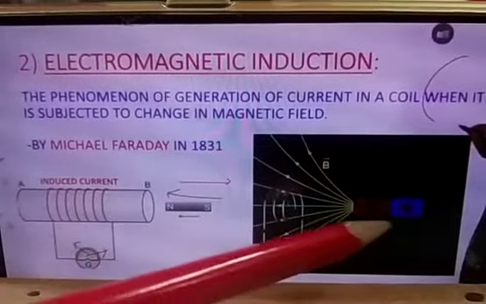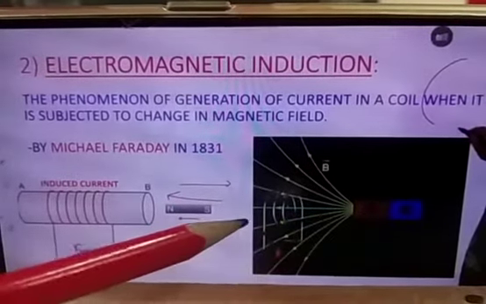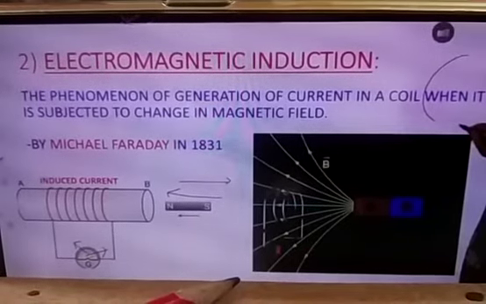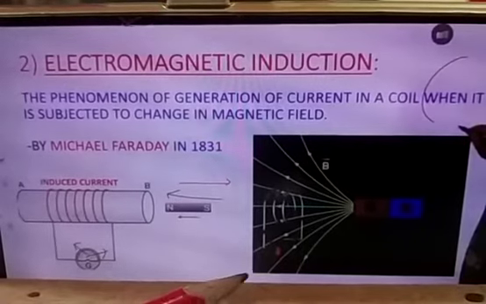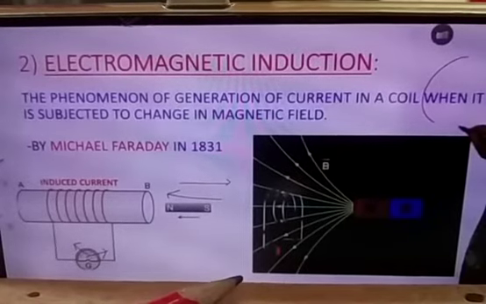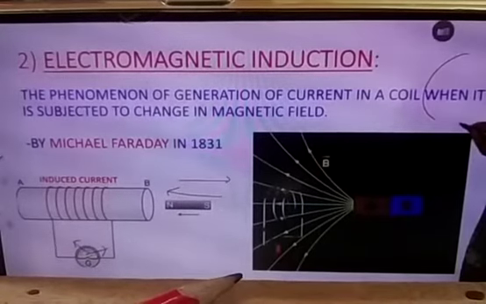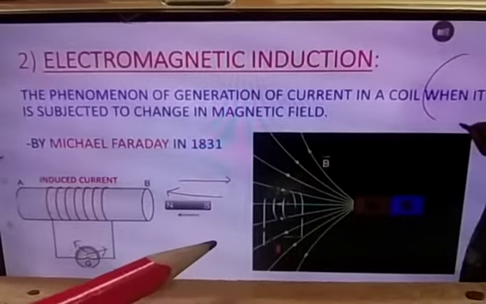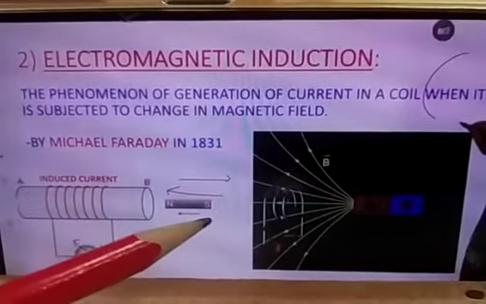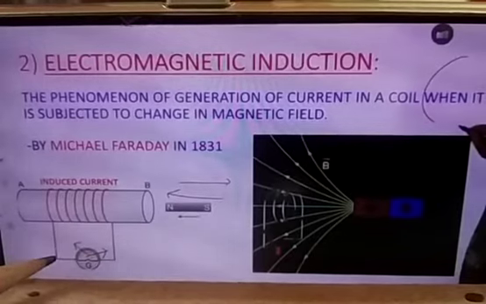These are the imaginary lines. Once we take the magnet in front of the coil, it will come and it will go back. You people must have played with a magnet and iron filings. You can see on the paper how the iron filings arrange, like magic you can show your friends. On the paper you just keep the iron filings and you keep the magnet behind the paper. You see how these iron filings will be dancing. Yes or no? We played, right? That is a game of a magnet. Even here in the coil, if you take the magnet front and back, the galvanometer will deflect due to induction. It will go left and right.